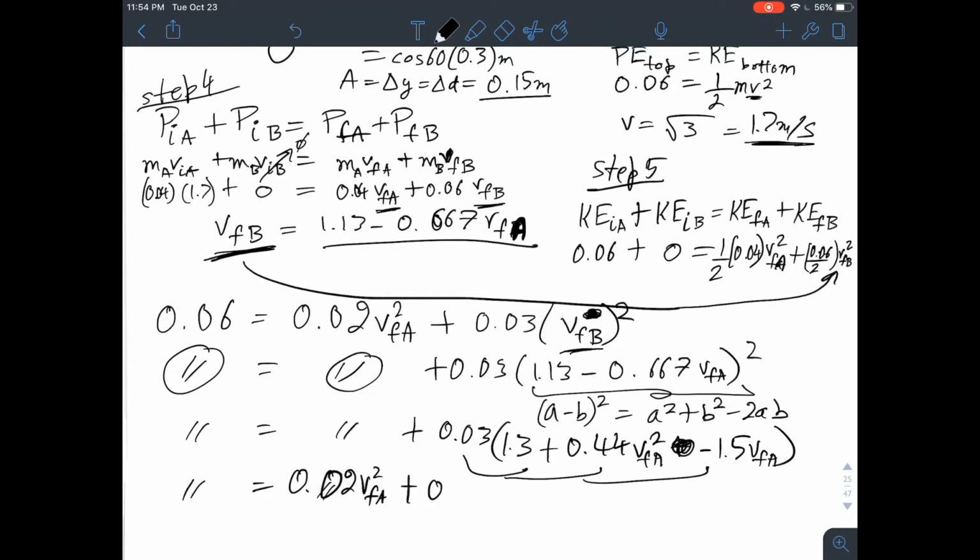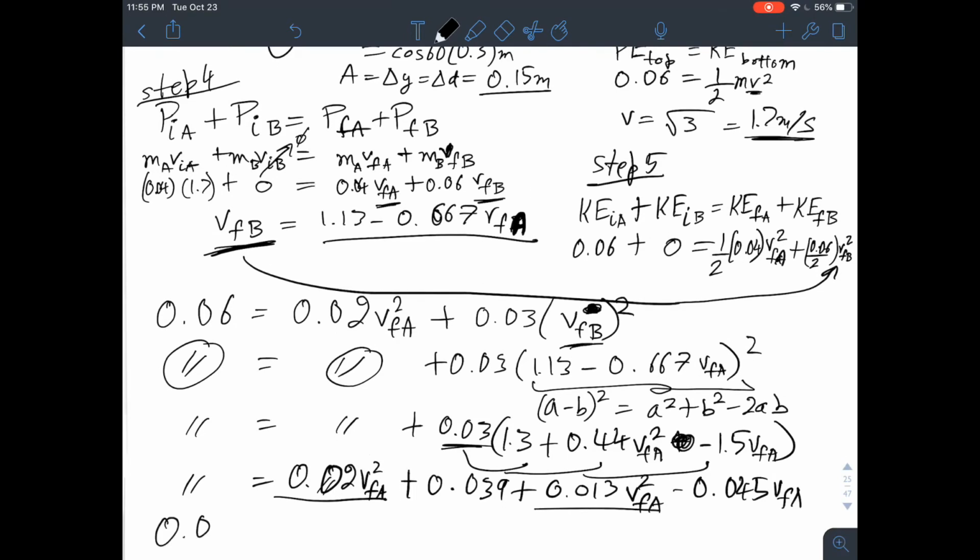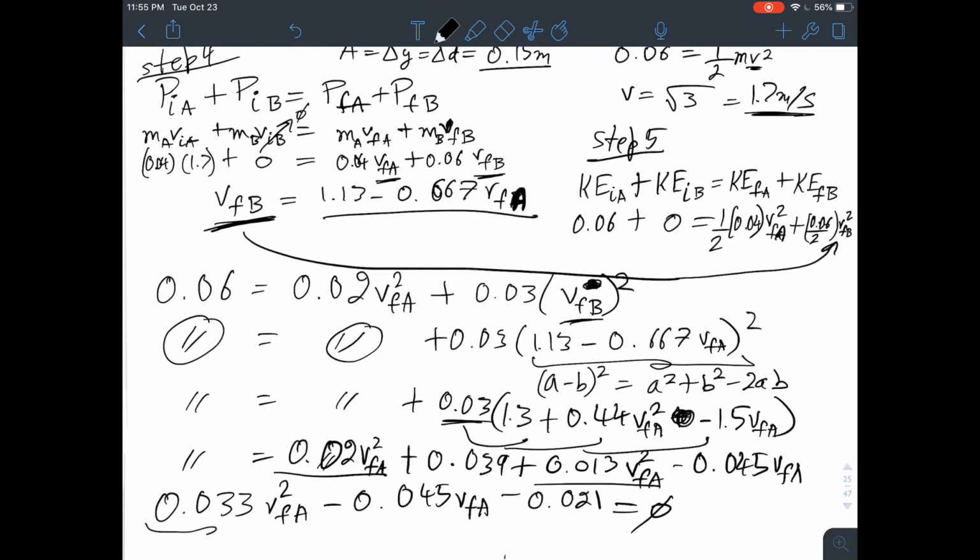and now you have plus 0.039 plus 0.013 VF of A squared minus 0.045 VF of A, just multiplied by 0.03 here, everything. And you know, these two can be added together. Long story short, you keep solving for this, you're going to end up with something like, I did the math already, and I hope you will too. 0.045 V final of A minus 0.021, and you know, 0 on one side, and this has the makings of a quadratic